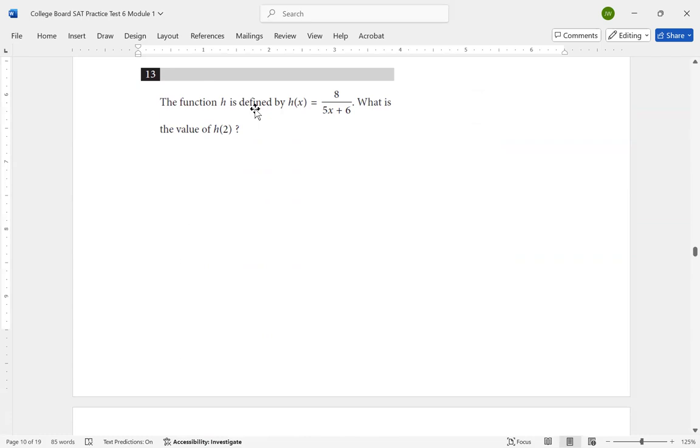Problem 13. The function h is defined by h of x is equal to 8 divided by 5x plus 6, where the 5x plus 6 is all in the denominator. What is the value of h of 2? In this problem, we simply need to plug in 2 for the x value and compute what that will be. When we do that, we replace the x with the number 2,